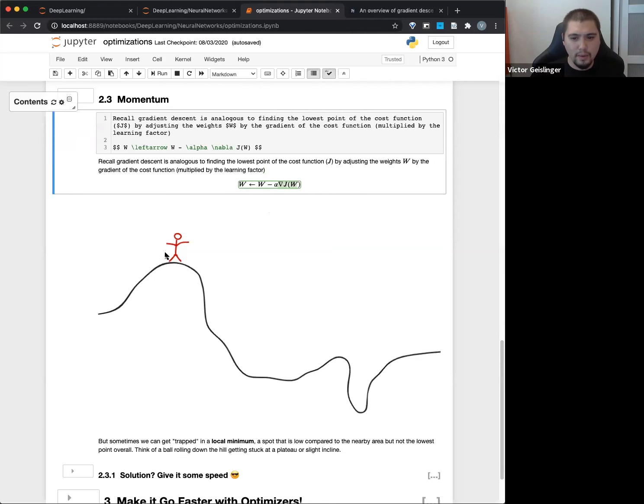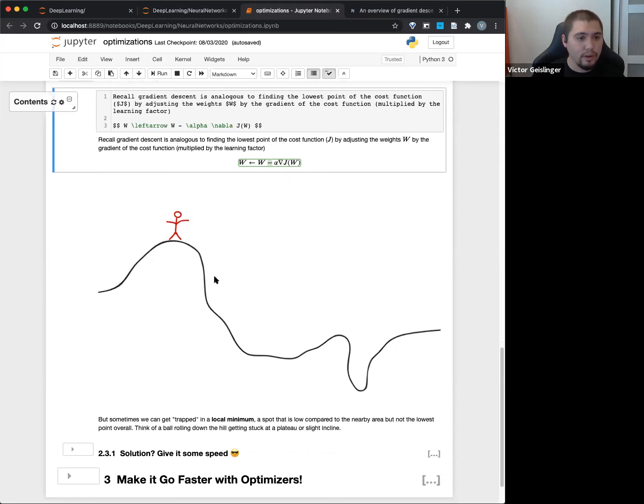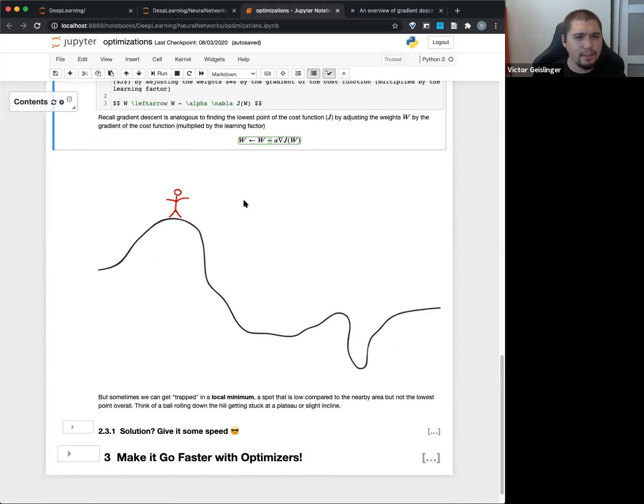So essentially what we're doing is this J of W is us right here. This is the gradient right here. Basically it's the derivative, right? It's saying, okay, how steep is it right here? And if it's really, really steep, you'll have a bigger step, right? And then we just scale that by some alpha. And note that we have a negative. The reason why it's negative is basically because we're going against the gradient. But that adjusts our weights to a new weight and we get a new spot. That's what we've been doing before. Nothing new here, just a new way to read it.